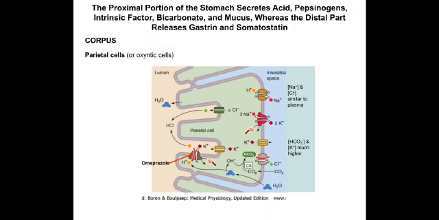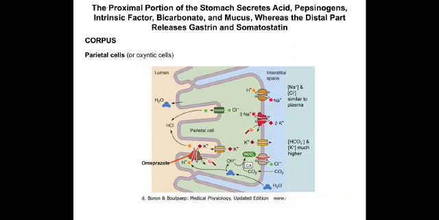So the parietal cell contains many large branching intracellular canaliculi. HCl is formed in these canaliculi and secreted when these cells are stimulated. Water which is present inside the parietal cell is ionized into hydrogen and hydroxyl ions, that is H2O.